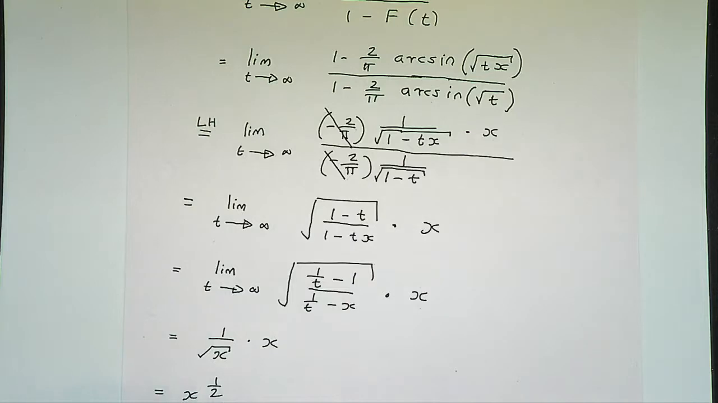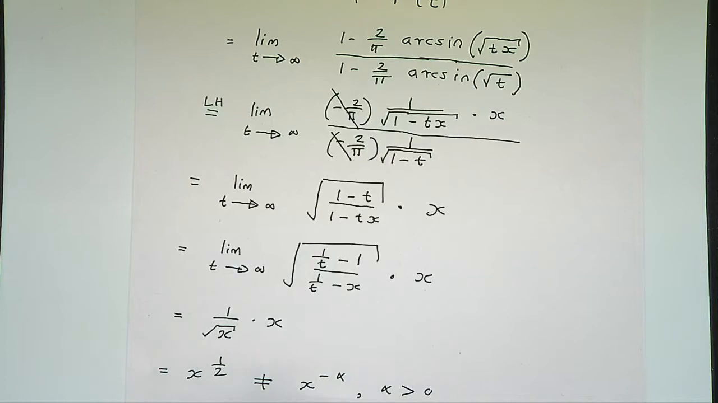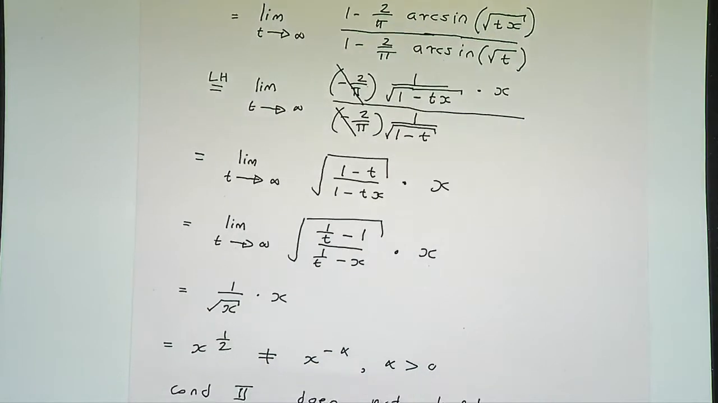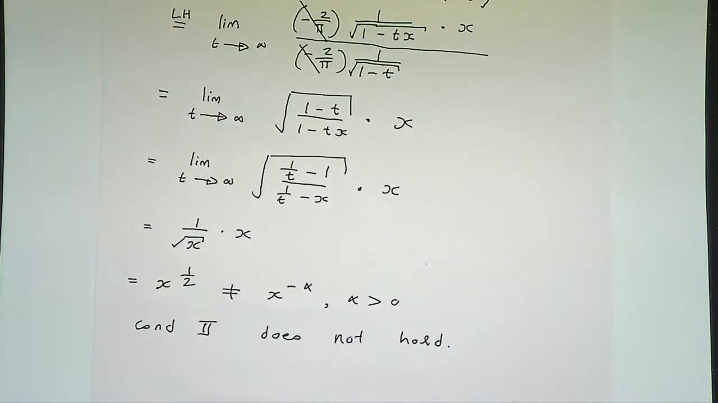Okay, this is not equal to x to the power minus alpha. So when alpha is positive, again condition 2 does not hold. Right, because for condition 2 to hold, the limit must be of the type x to the power minus alpha, where alpha is positive. And the limit that we are getting here, unless I made a mistake, is